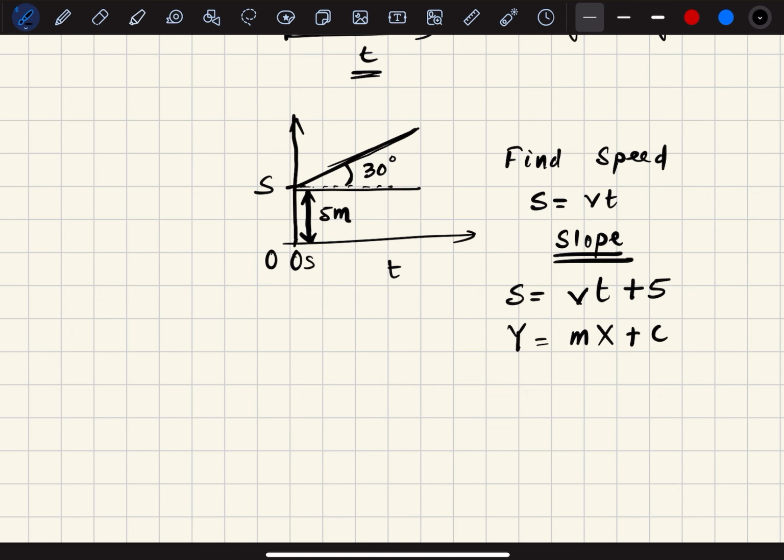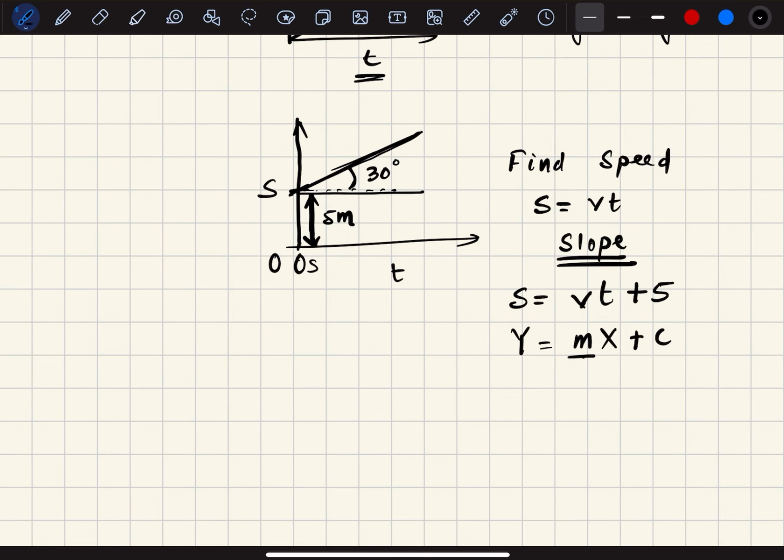This is a very important concept which I discussed via an example. Now my question is how to calculate speed. Here we can see this slope corresponds to V. So slope m is equal to V. Now how do I calculate slope? I calculate slope by tan theta. What is theta given? 30 degree. So here it is tan 30 degree, which is equal to 1 by root 3,